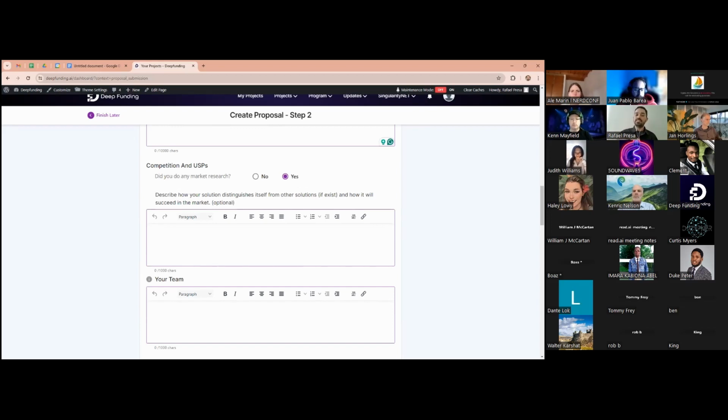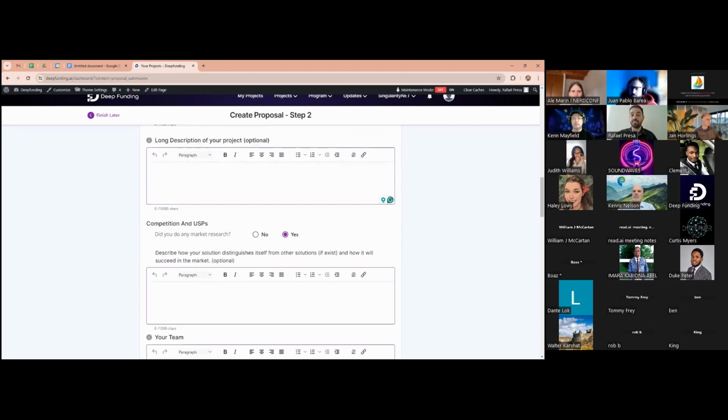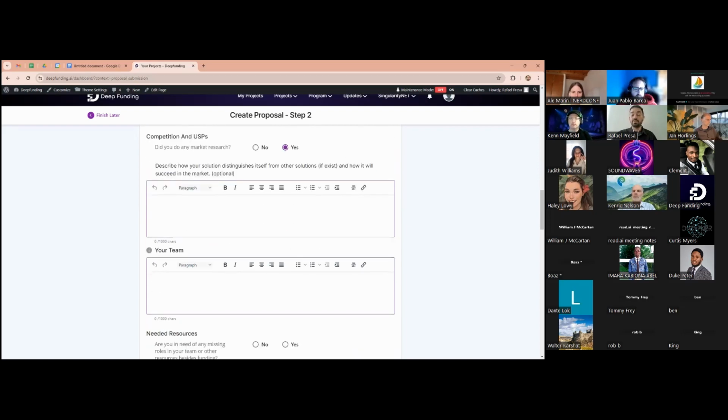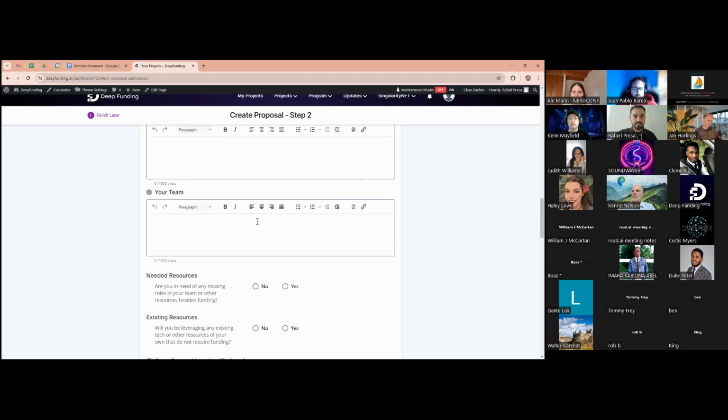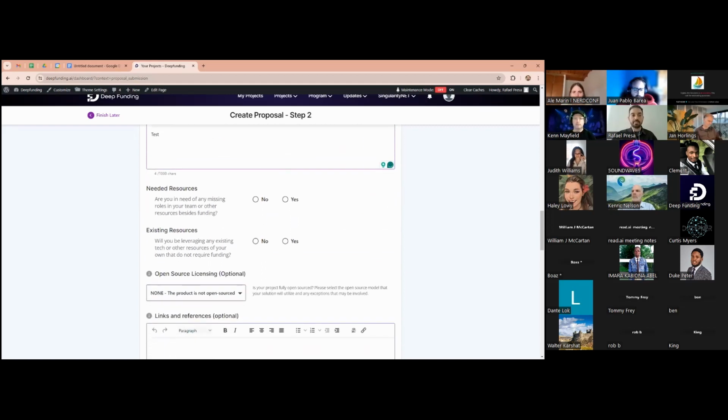So by having this, even though it's not mandatory, it's optional, you can get more votes than those that don't have the market research, because you are going to have a lot of API calls from other solutions onboarded in the platform. So just to check, I'm not skipping anything. You have here as well: